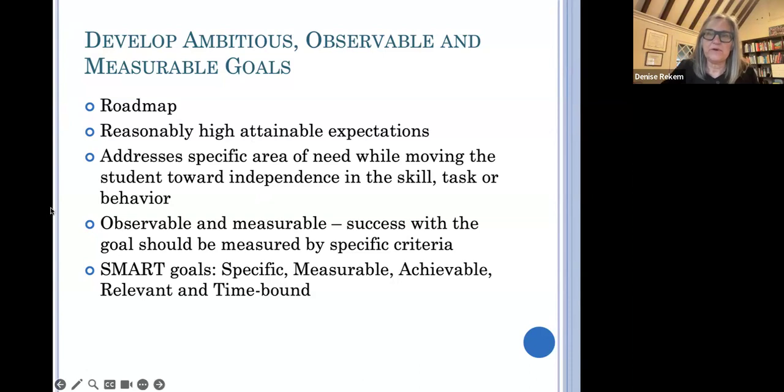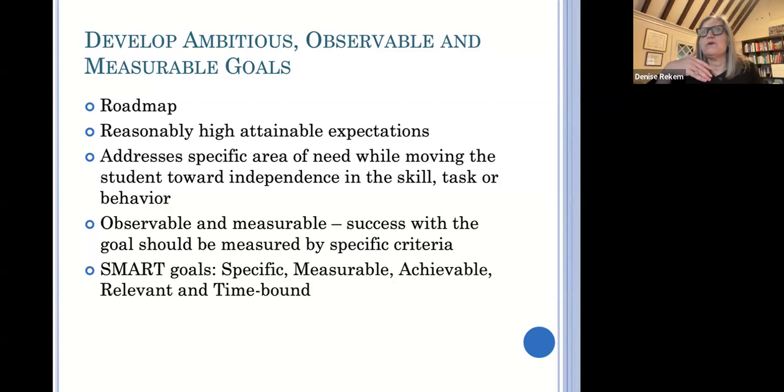So thinking through, looking at the deficits that are identified in the evaluations, and then making the goals, and the goals should be high expectations. You're not going to say a child who's 3 years below reading level in 1 year is necessarily going to be able to be at grade level. But you also want the child who's 3 years below to be making consistently more than a year of progress in order to be closing the gap or catching up to their peers.